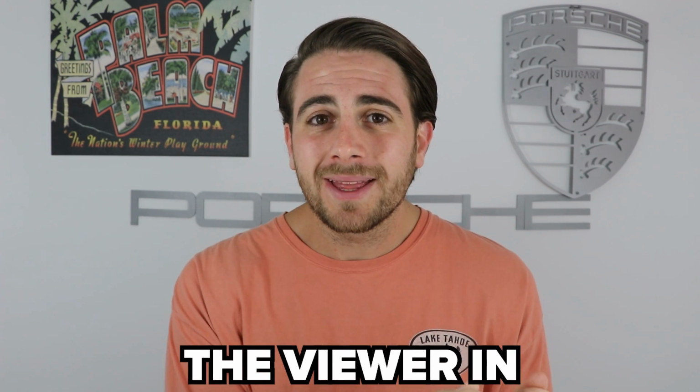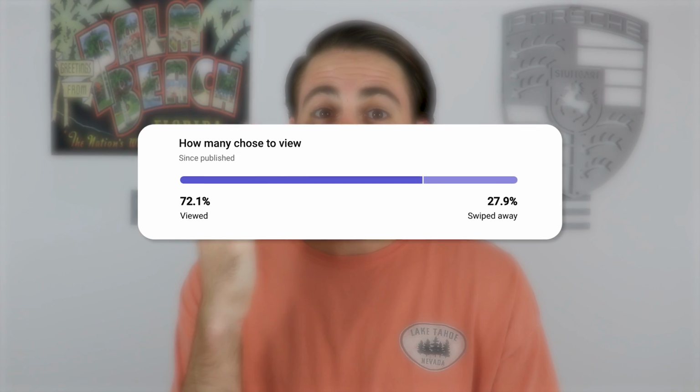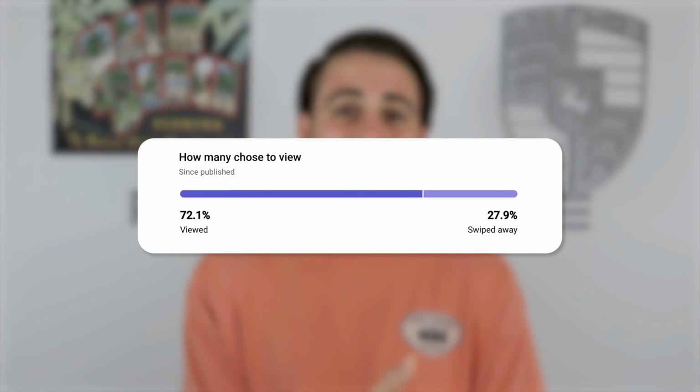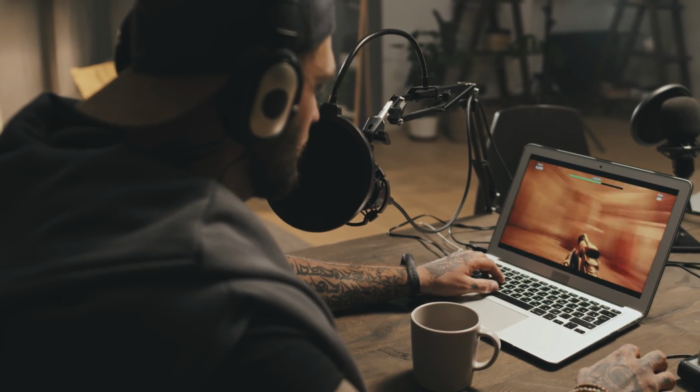But on top of that, both of those things help hook the viewer in the first 3 seconds, which leads to a massively higher view rate. View versus swipe rate is going to have a huge impact on how many views that you get, and if you're not getting enough people to stop swiping away and view your content, it's probably because you have no text on the screen and you don't have a voiceover in your content, or you could be missing one of those 2 things, and I strongly suggest that you begin adding that into your content.